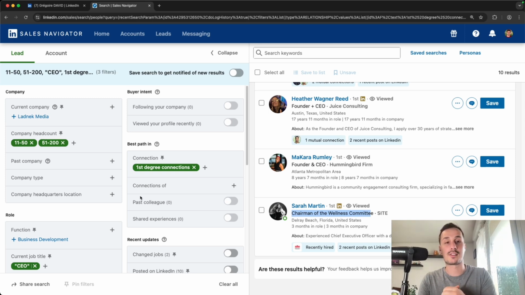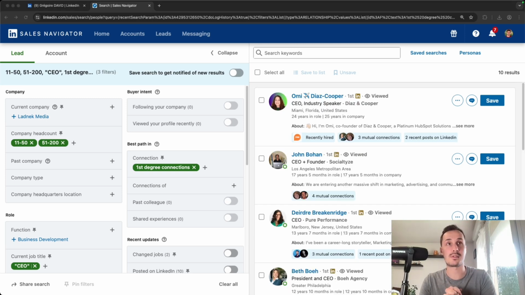But as soon as you start to be more serious about outreach, I recommend you to use Sales Navigator because you will better identify your leads and it will be way faster. So now that you are happy with your search and you want to export these leads